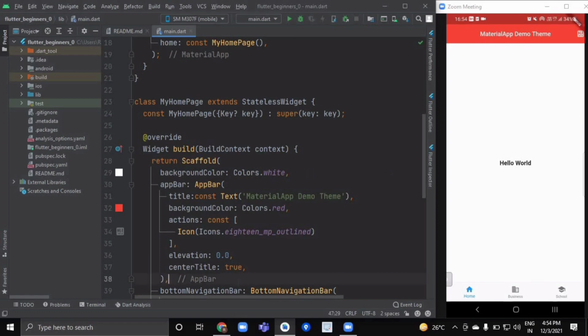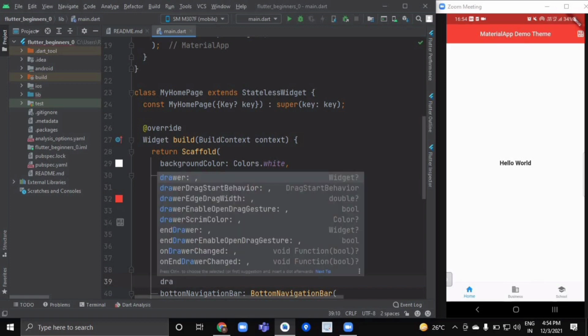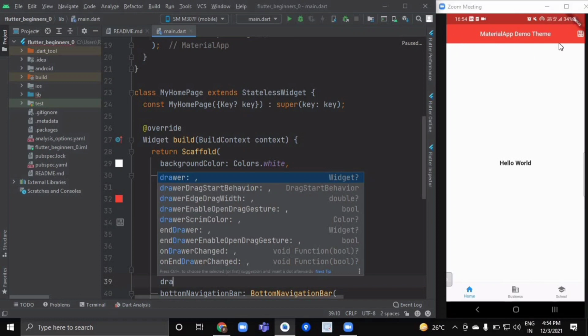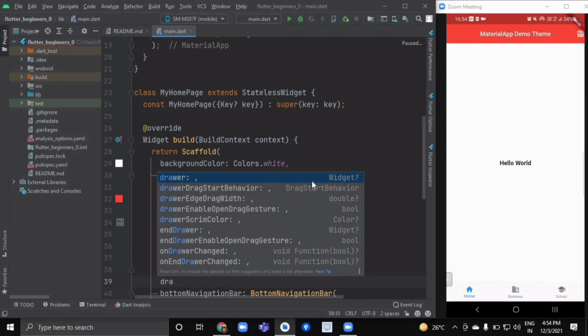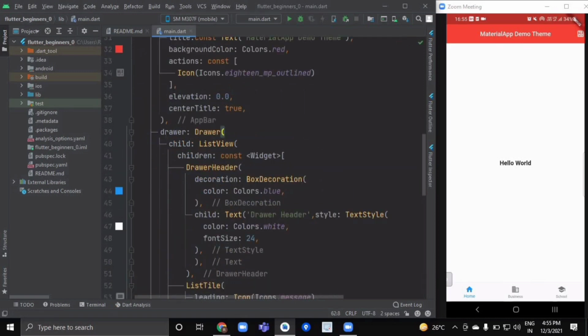So after this app bar, let's just type drawer. Okay, here you can see a drawer. Now there are 2 types of drawer. A drawer which will be visible over here, and an end drawer, which will show your drawer on the end side of your application bar. So let us see our simple drawer. Okay, so first, to create a drawer, we have to use the drawer attribute of our scaffold. Okay, then we will write our drawer widget.